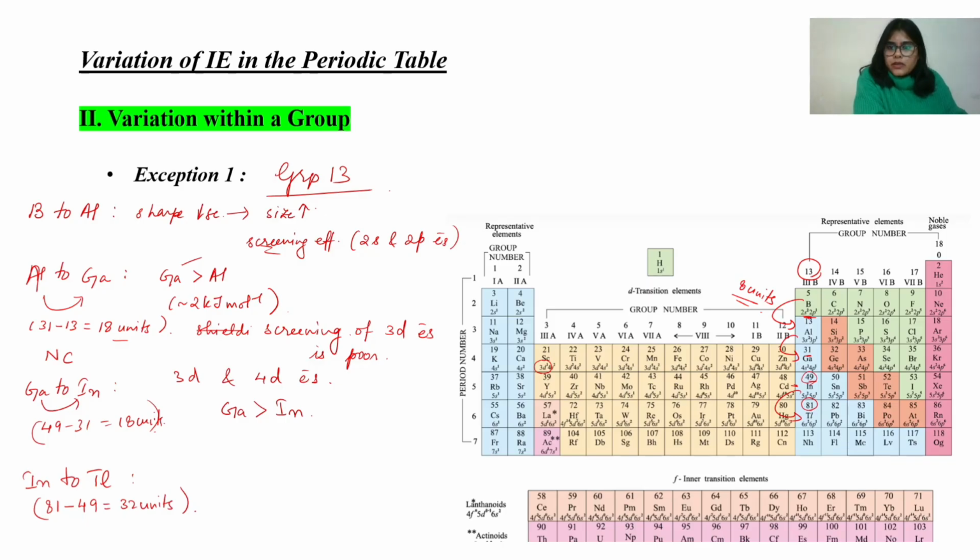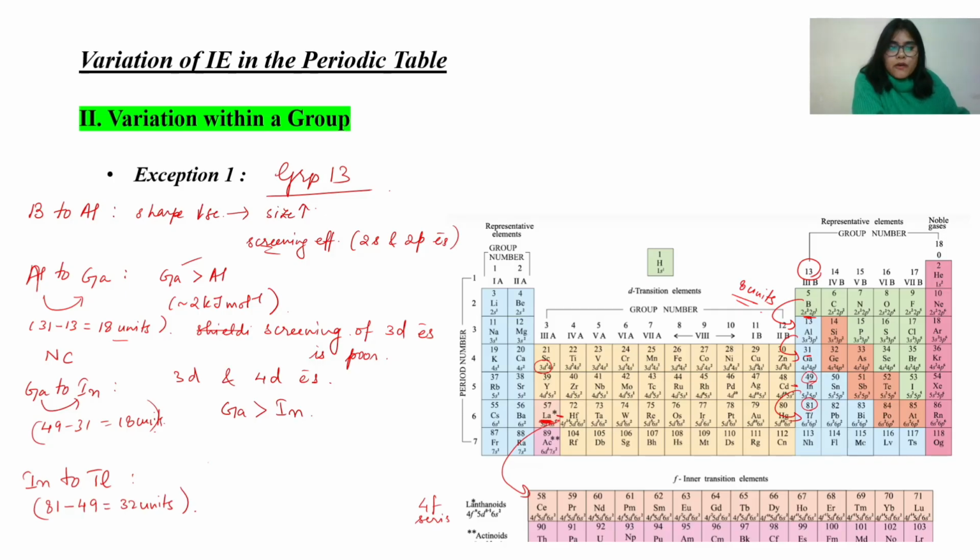Again a big jump, whereas the shielding of 4D, and here the lanthanum is there. So in between here, you have the 4F series, right? The shielding of 5D and the 4Fs is poor compared to the level of increase of nuclear charge. So this time the nuclear charge will outweigh the very poor shielding of 4F and 5D electrons, and therefore the